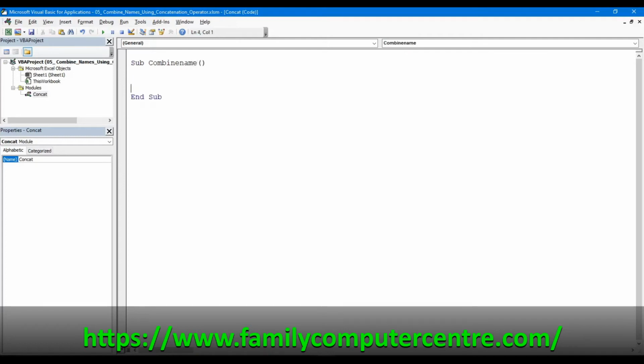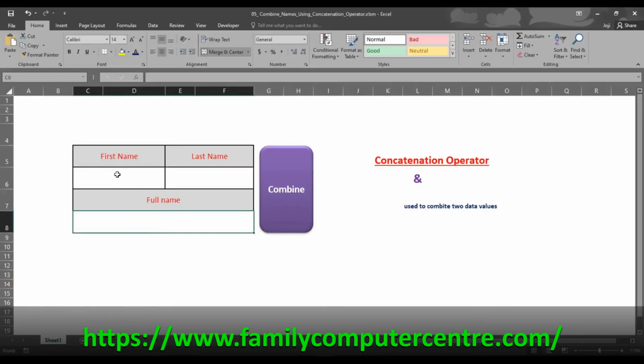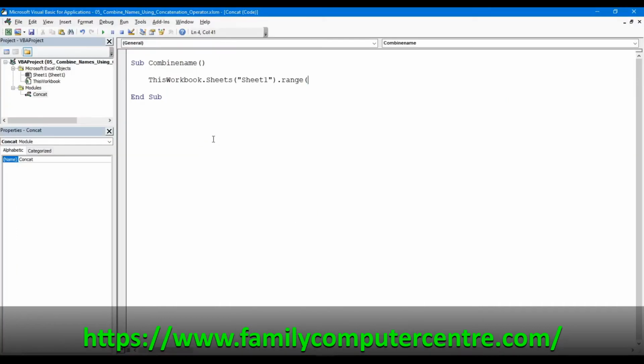name, just a name. Then I'm saying ThisWorkbook.Sheets("Sheet1"), where Sheet1 is the name of the sheet, dot Range, and we have to check which range this is. This is C8. So Range("C8") is equal to ThisWorkbook.Sheets("Sheet1").Range("C6")